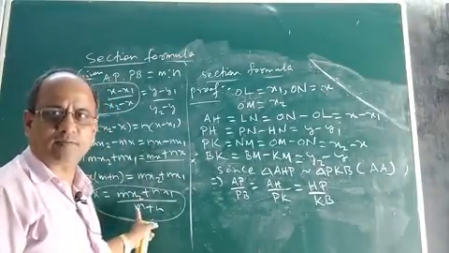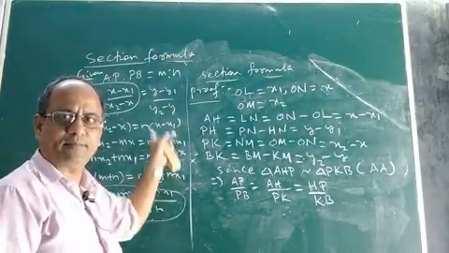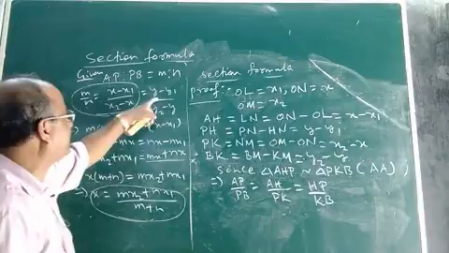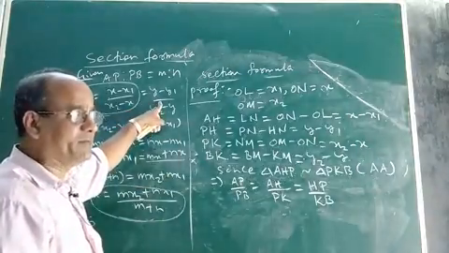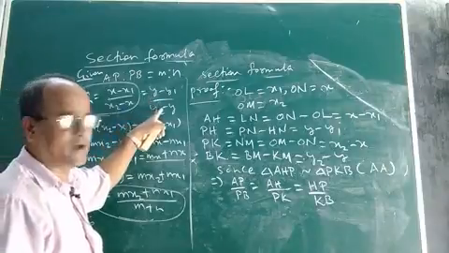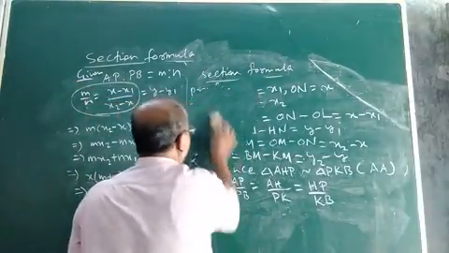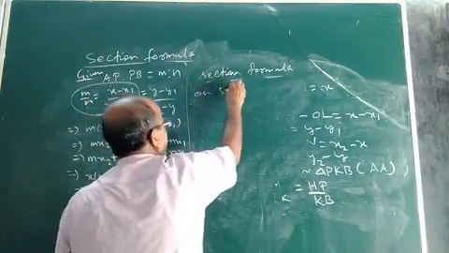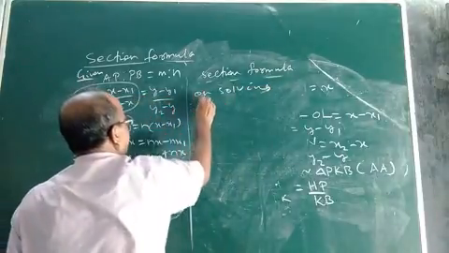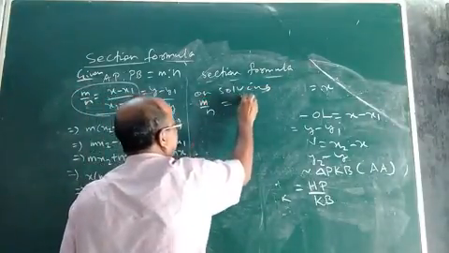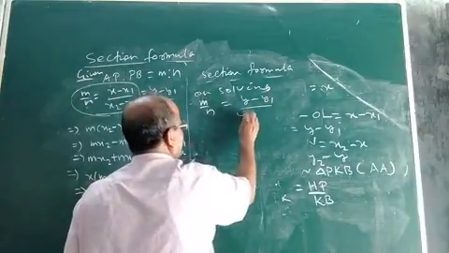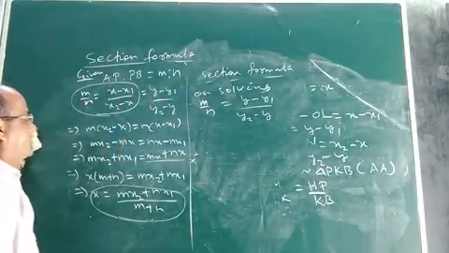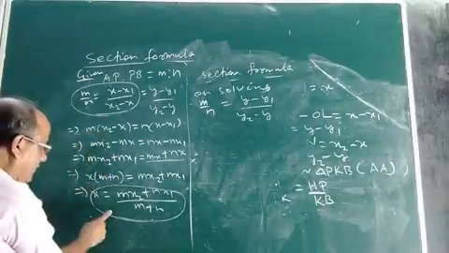We got the X coordinate of the point P, which divides the line segment AB in the ratio M is to N. You see. And in a similar manner, proceeding in a similar manner, M by N will be equal to Y minus Y1. So on solving again, M by N equal to Y minus Y1 by your Y2 minus Y. Because you see, M by N is equal to this expression and M by N is also equal to this expression. So by taking the equality of these two and solving, what did we get?